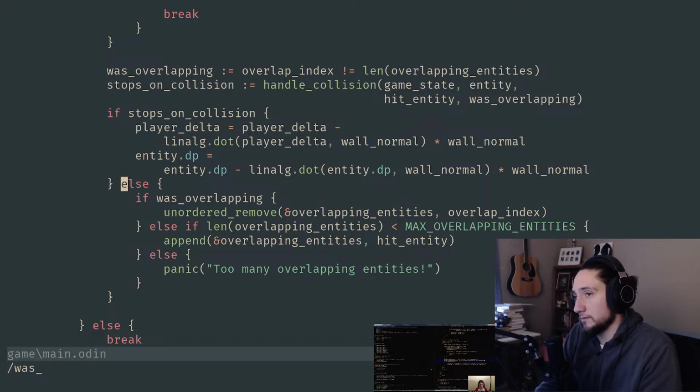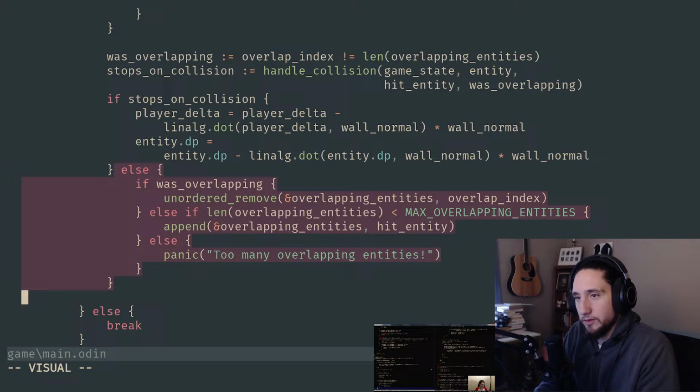So let's see where that was. We don't need to do any of that. So when we do our handle collision call, we don't actually need this was overlapping stuff. Okay, so I guess I did not. I mean, to be fair, I didn't even recognize a lot of this code. So maybe I should have